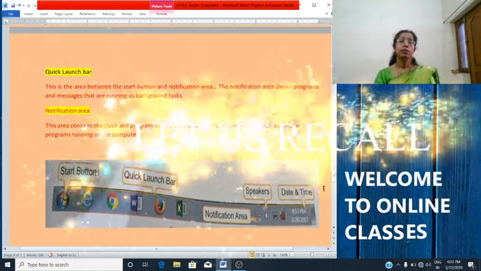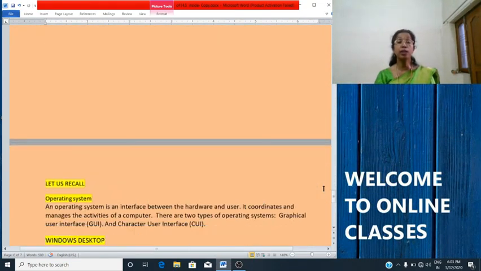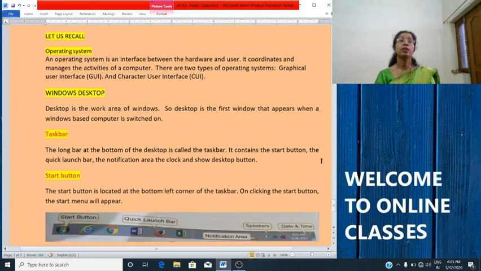So, now we will just revise what we have studied today. First, we studied about an operating system. What is an operating system? An operating system is an interface between the hardware and user. It coordinates and manages the activities of a computer.